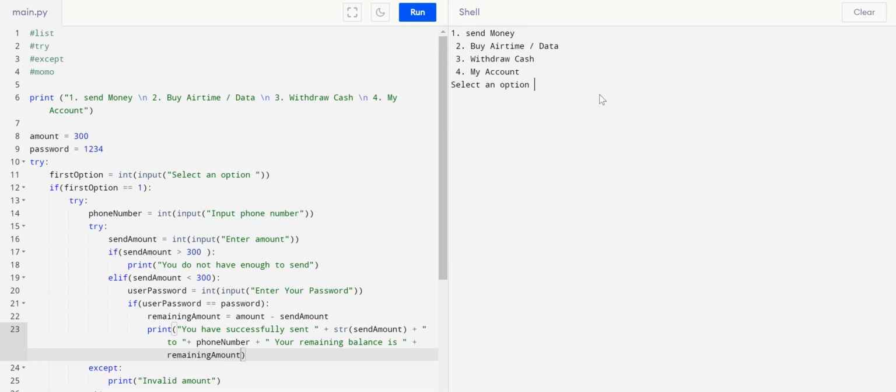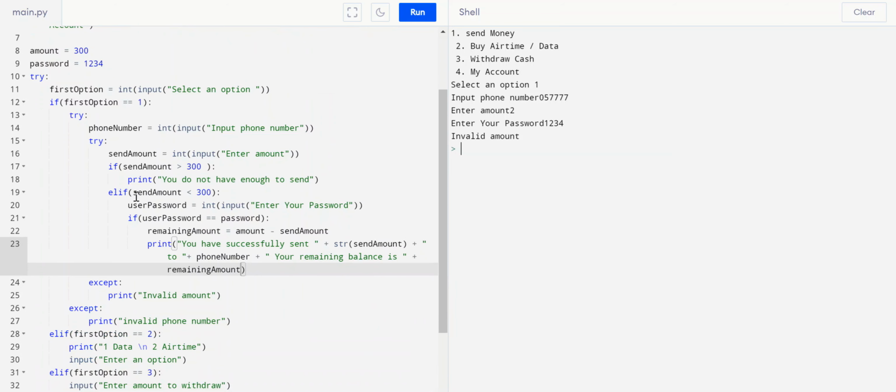So enter an option. We enter the first option, 1, enter the number 057777, and then we enter an amount of 2 cedis, and then a password of 1234, and it says invalid amount. Whoa, why? What did we do here? We say enter amount. So where did we request for the password? Okay, so enter your password and you say if user password equals this,